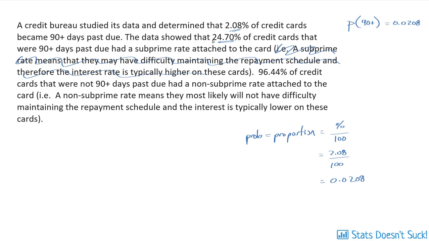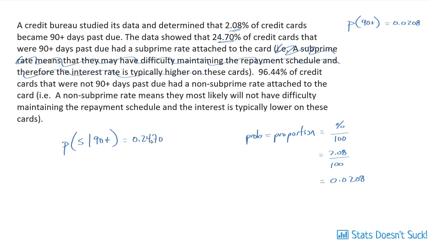This says the data showed that 24.7% of credit cards that were 90 plus days past due had a subprime rate attached to the card. Now here you have to be very careful. I'll show you what it's going to look like when it's done. This is the probability of being subprime given we are 90 plus days past due, and that is equal to